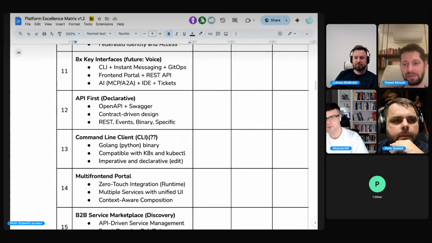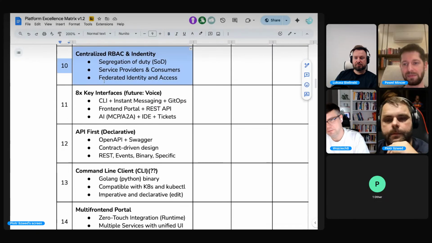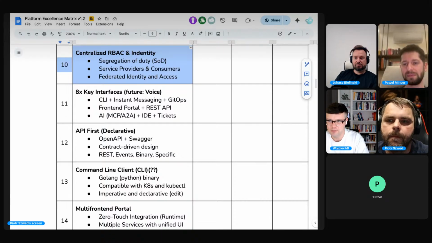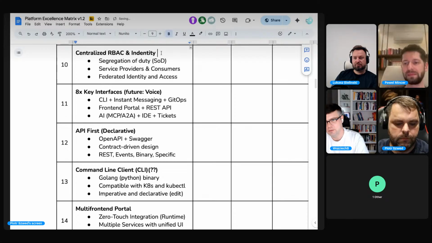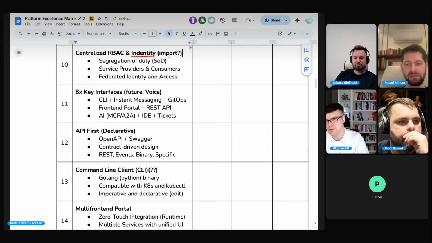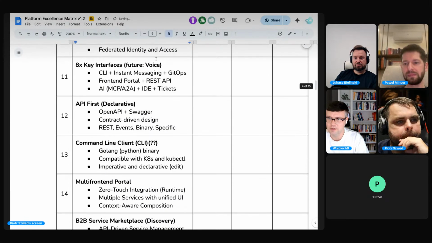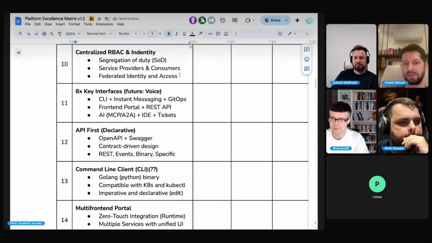Maybe I would just add one more thing. From my perspective, it's important that the solution is using my identity provider, whatever I'm using. I don't have another system, another user management that is separate from my central management. That I would just add. And second, I think federated identity is extremely important because it simplifies accessing external resources, and we can cut reliance on hard-coded credentials, whatever they are.